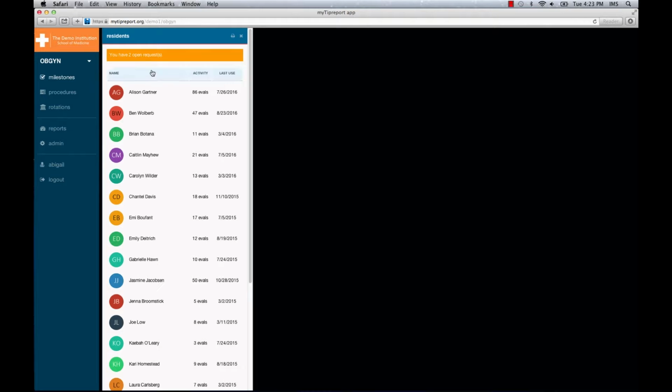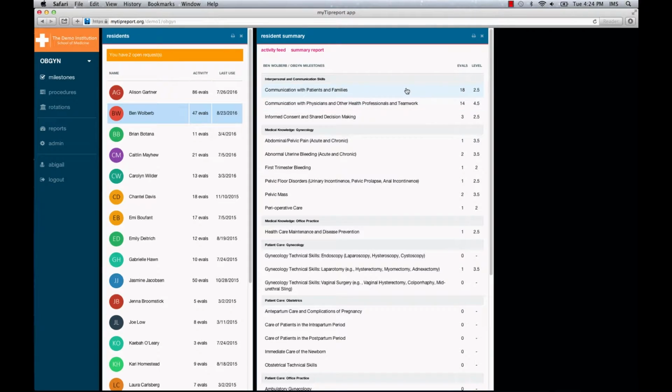In this demonstration, I am working with Ben, and so Ben is selected, and what appears is a listing of all of the specialty-specific milestones organized by competency, the number of times Ben has received feedback on each of those milestone sets, as well as the level he has achieved to date. So for this example, Ben and I are working together on the milestone set communication with physicians and other health professionals. We can see Ben has received feedback 14 times on this milestone set. It is selected,